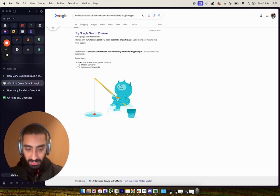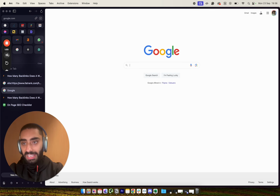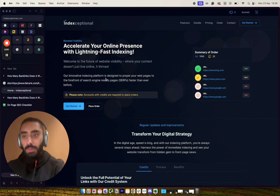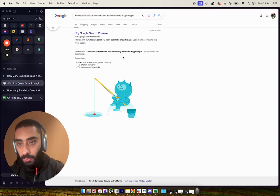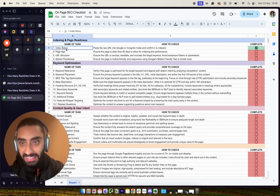So what we might decide to do in that instance is either build some more internal links to it, freshen up the content, or potentially even run that page via an indexer. If you guys want a good indexer, you can paste the URL into Indexceptional. Basically, it will ping Google to come to that URL and index that page. But if we are to go through this checklist, obviously the index status